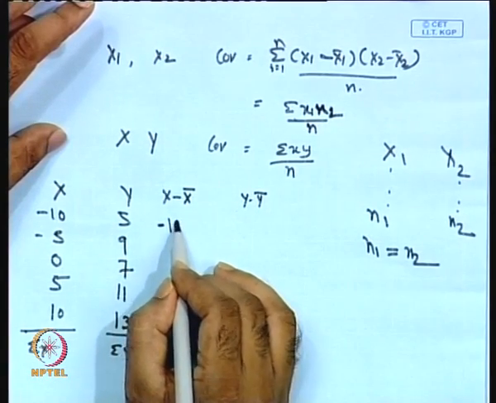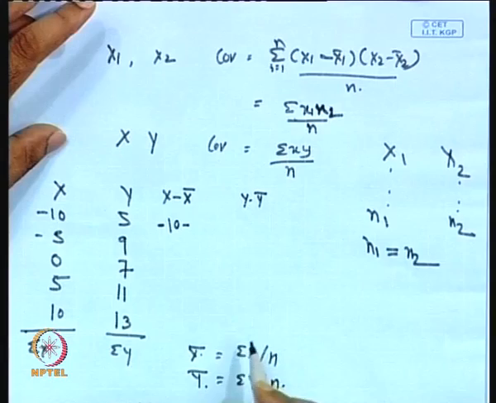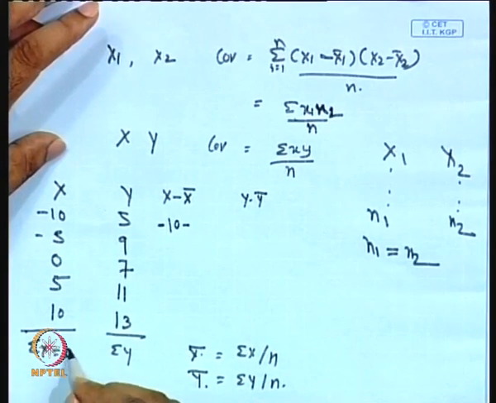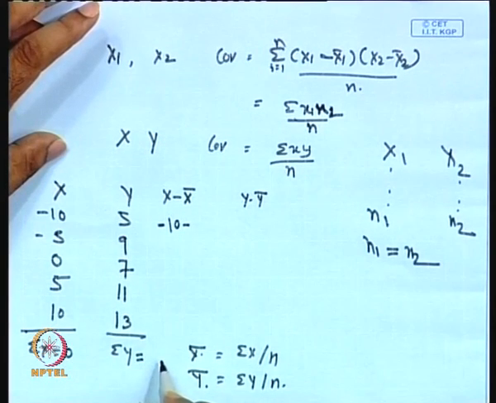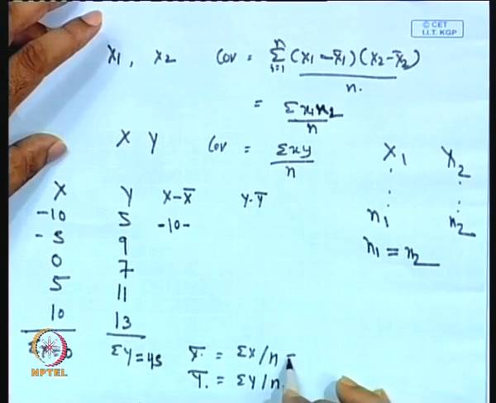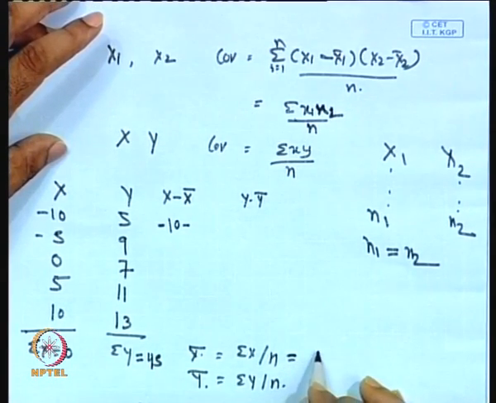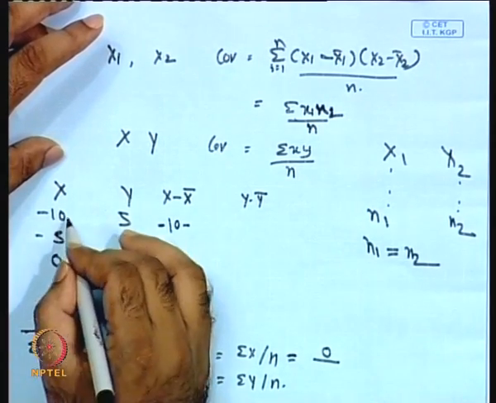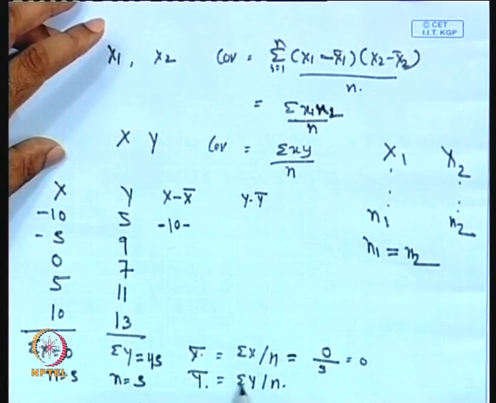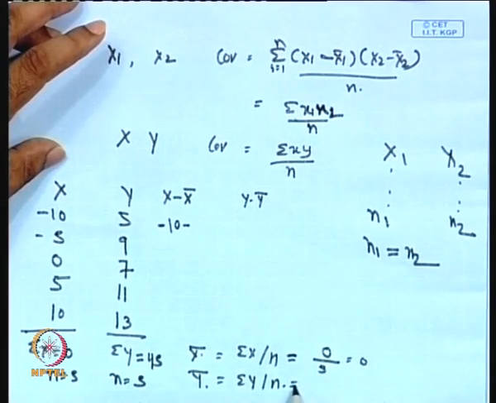So, now x minus x bar, that means minus 10 here minus this x bar. What is x bar here? Sum of x is equal to 0, and sum of y is equal to 45. Corresponding to x bar, sum of x equal to 0 divided by the number of observations. The number of observations is n equal to 5, and this is also n equal to 5. So, 0 by 5 is equal to 0, and summation y by n is nothing but 45 by 5,